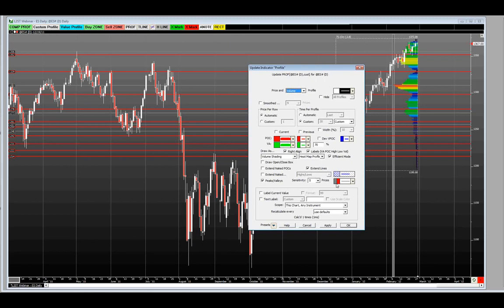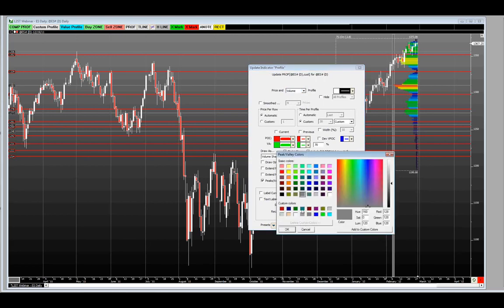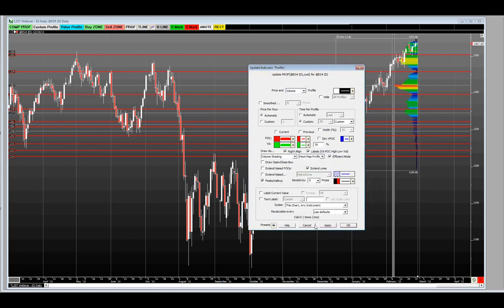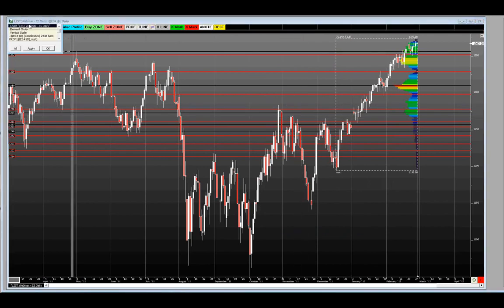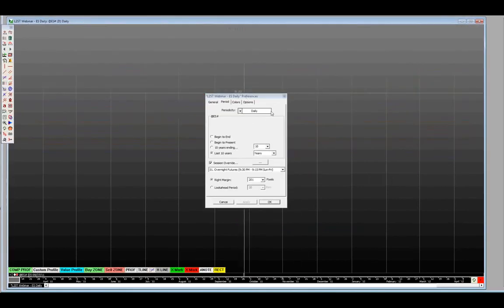So the most recent version of Market Delta has the ability to change the colors for peak lines and valley lines, which basically means that you can change the color for high volume nodes and low volume nodes. I am more interested in low volume nodes. Now, one of the options is, of course, just turn this black and change the background of your charts to black, and you will no longer see